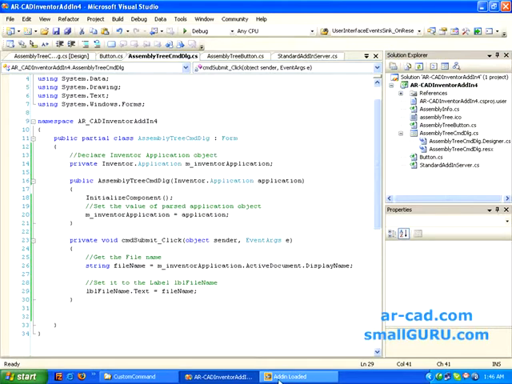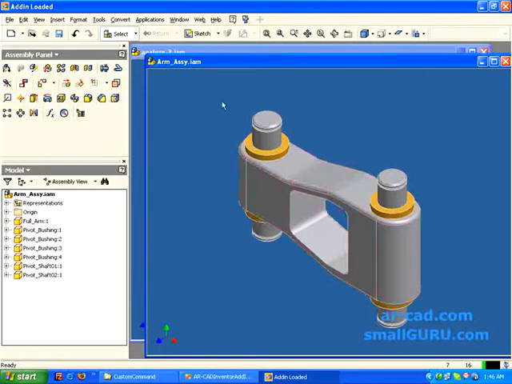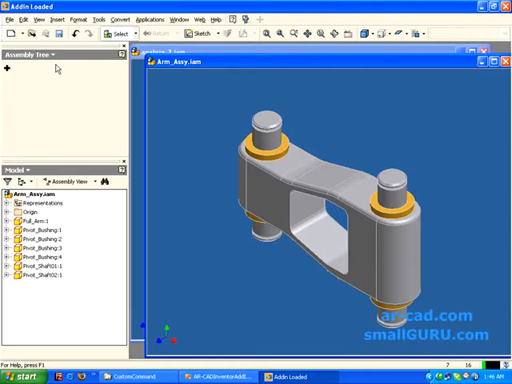We need to restart Inventor, and once it's restarted, I've already done it, so I'll just show you. We had got our assembly tree panel, command bar here. If I click on that, I get my icon. I can also toggle this to display text with icons, so there I also get the text shown.